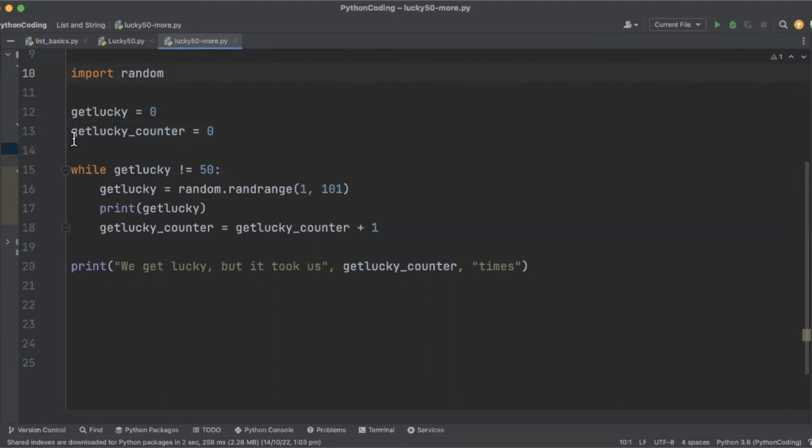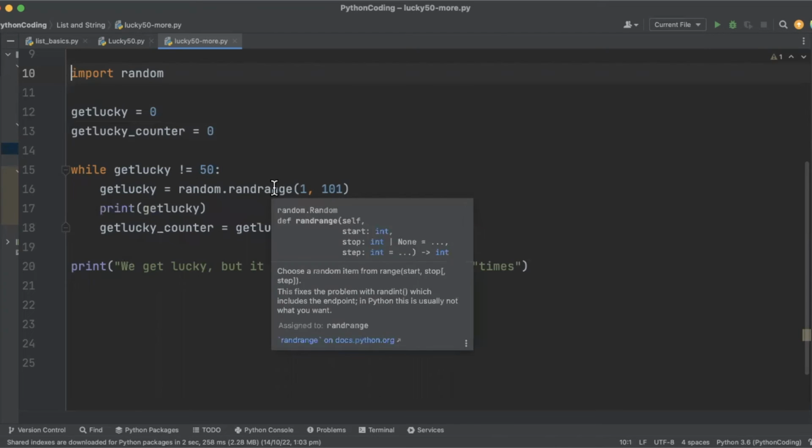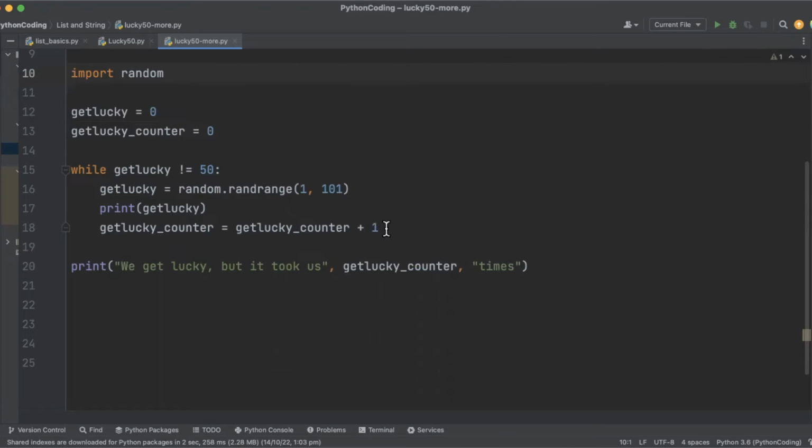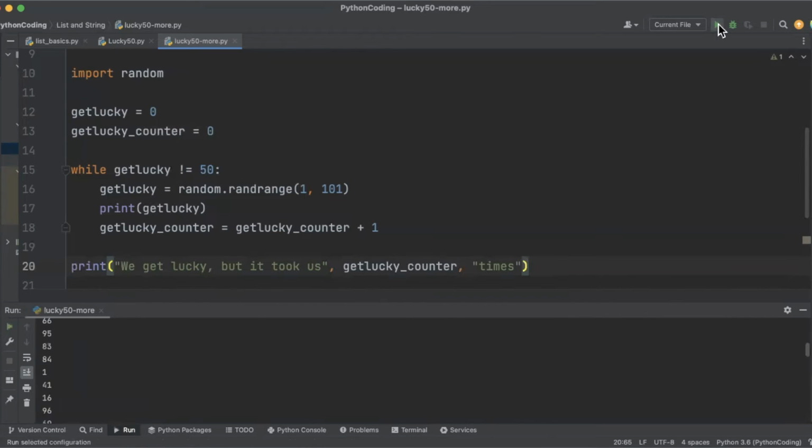So we took a counter to get lucky and we initialized it to 0. This is before the while loop. Inside the loop, every time we generated a random number, we added 1 to it. So it's like every time counting 1, 2, 3, 4. So we just kept updating the counter. Once we hit 50, that means the loop is over. So when we come out of the loop, we have printed, we get lucky, but it took us these many times. If we run and see, every time it will tell us how many times it took us